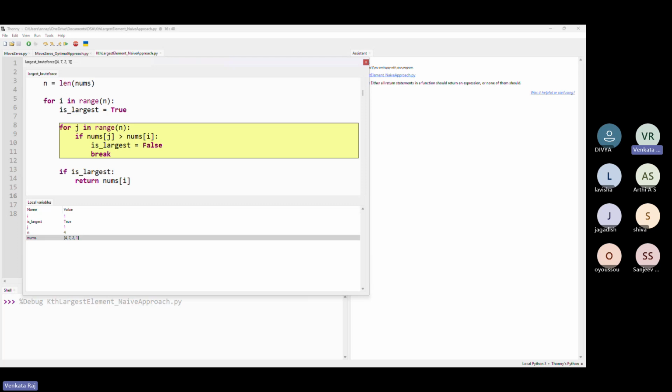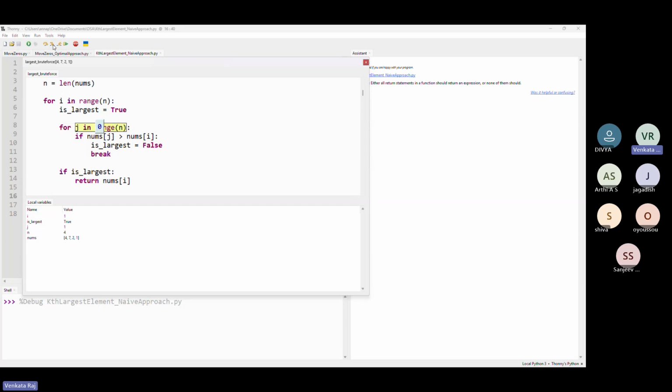Is it clear, guys, what I am trying to say? Or is it confusing? Clear, yeah. Okay. So now we understood the 0th element is smaller compared to the first element, so we are not moving ahead with the 0th element at all. We are ignoring it. Now we are picking up the first element and comparing it against